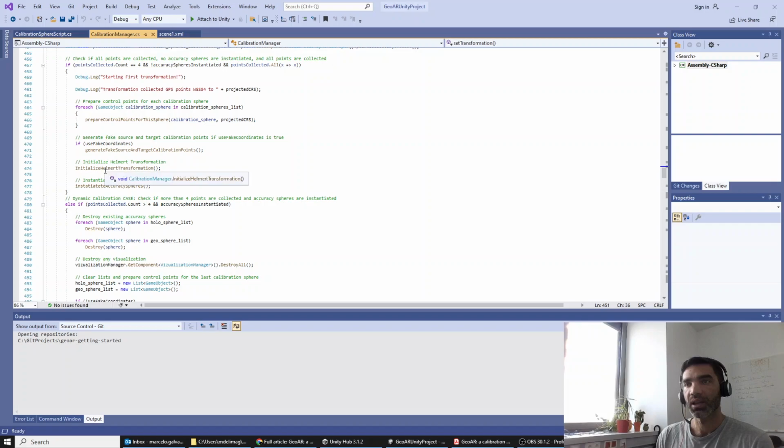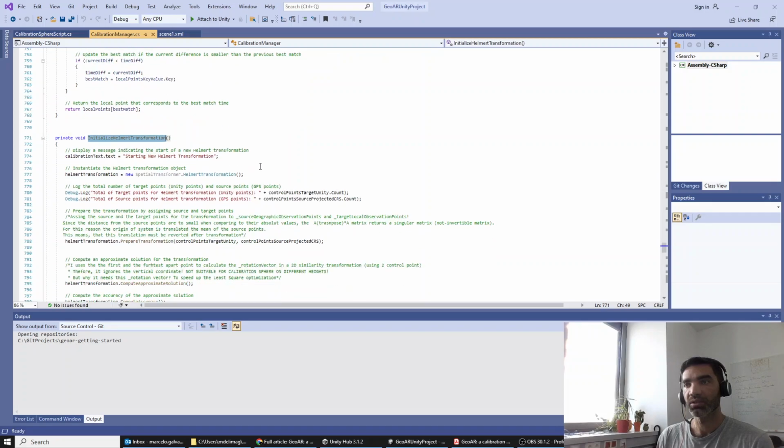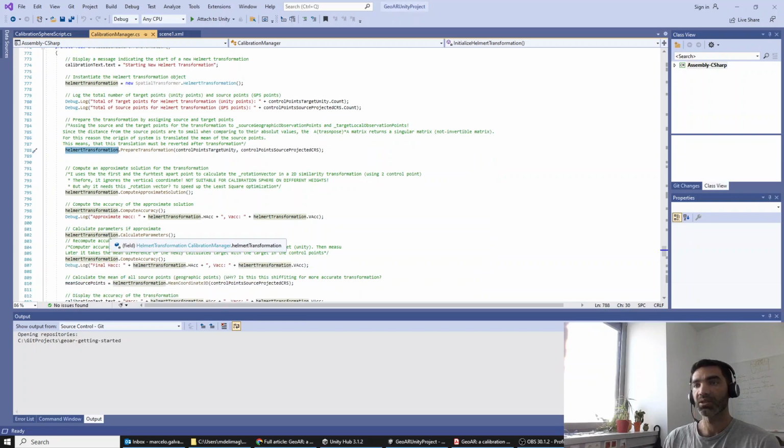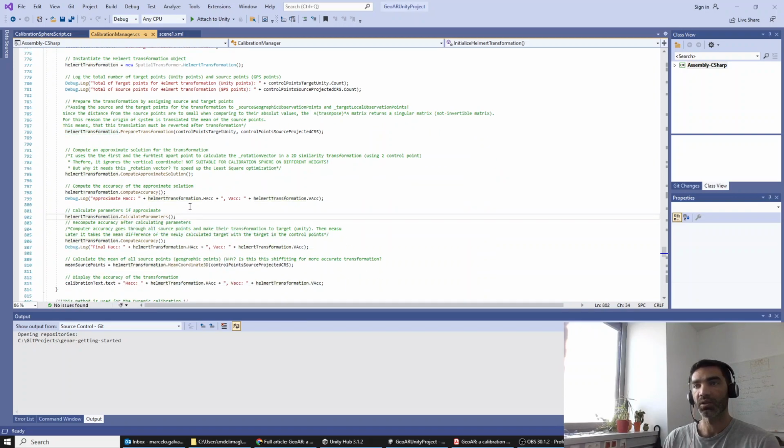You can here initialize the transformation. So we have the target points, which are the local coordinates, and you have the source points, which are the collected GPS, and they're gonna use the Helmert transformation, which is a class provided by the spatial transformer DLL to prepare this transformation, and finally calculate the parameters,